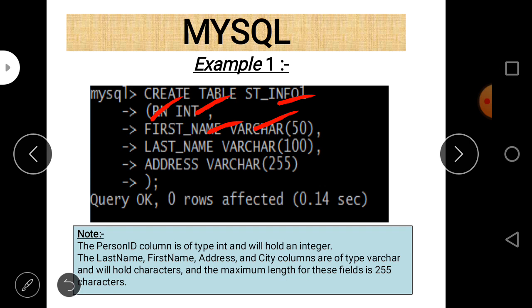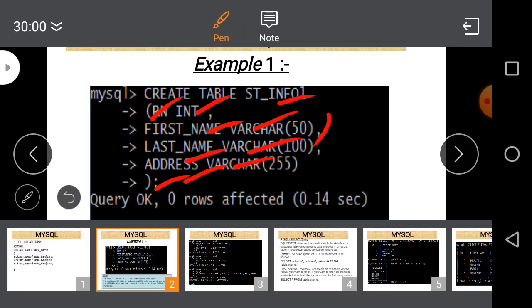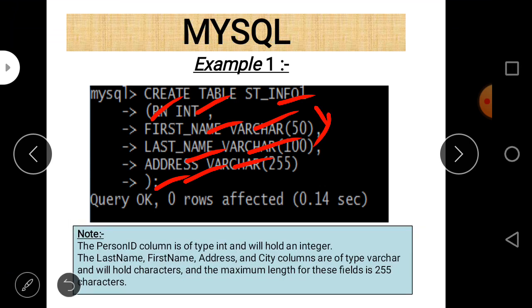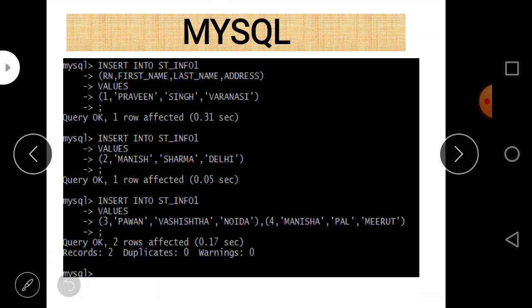So first name is a string of size 50, and last name varchar 100, address varchar 255, and then close the parenthesis and a semicolon is there to terminate the statement. After that, when you execute this query, it says query okay, 0 rows affected, and the table will be created after that statement. So this is create table command.